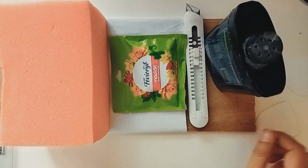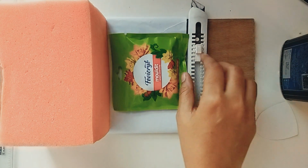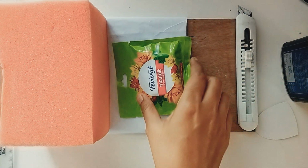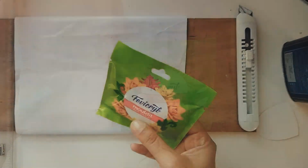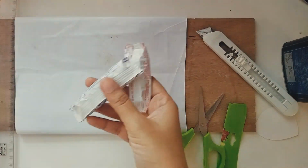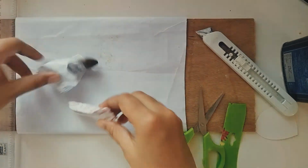And today we will be making a Suju elf keychain using Fevicryl Mouldit. Fevicryl Mouldit is pretty affordable and it's pretty easily available as well. It comes in two parts. One is the epoxy resin and one is the hardener that you'll have to cut in two equal parts and